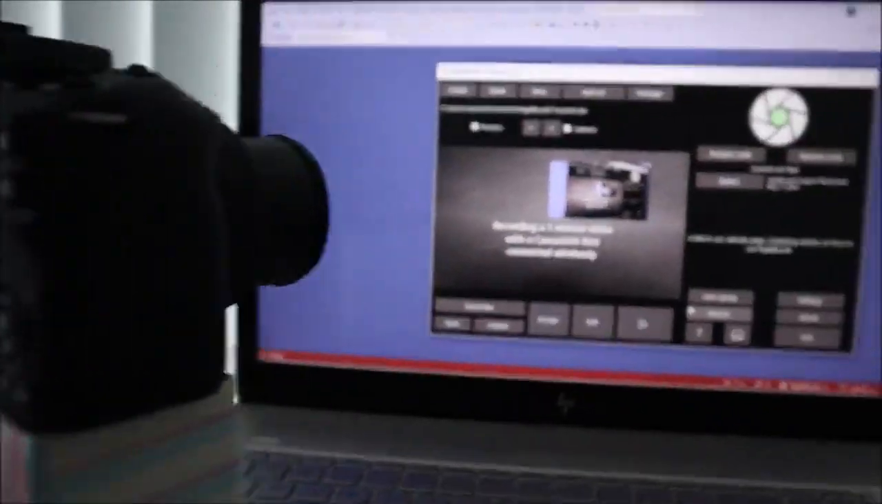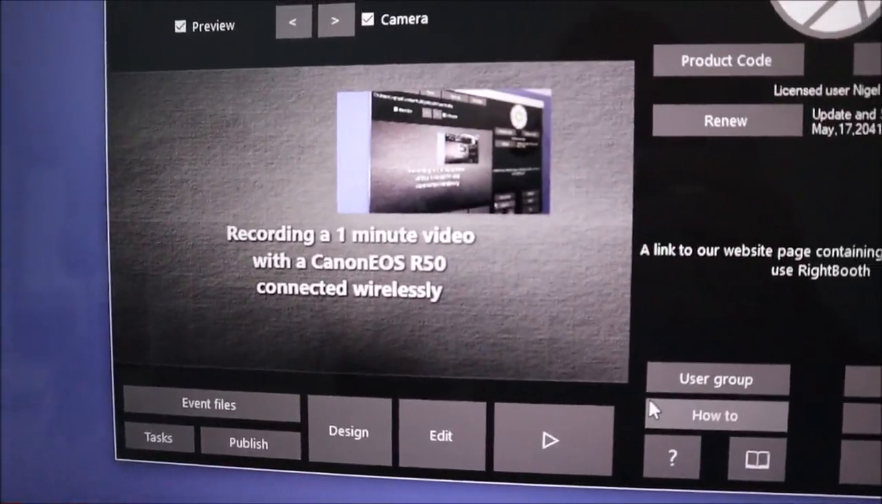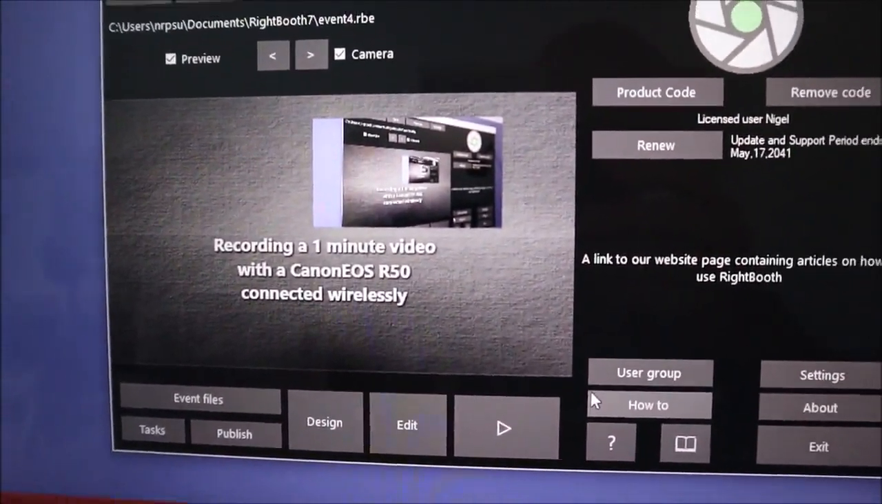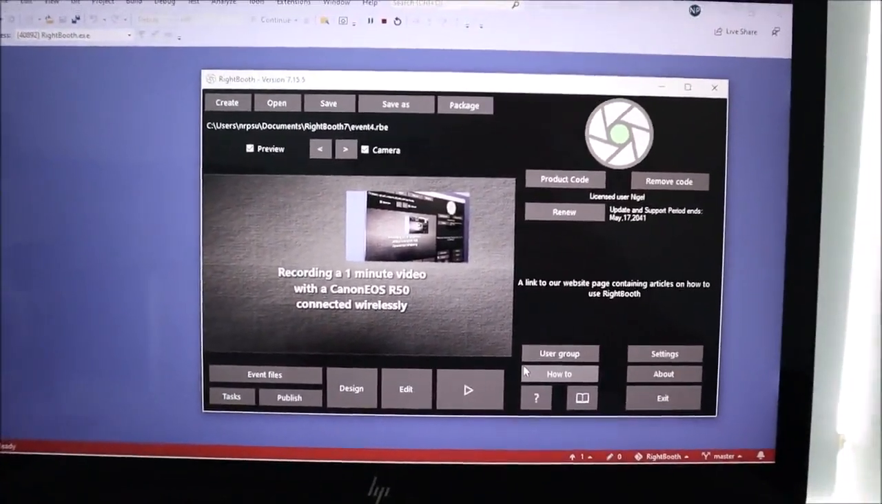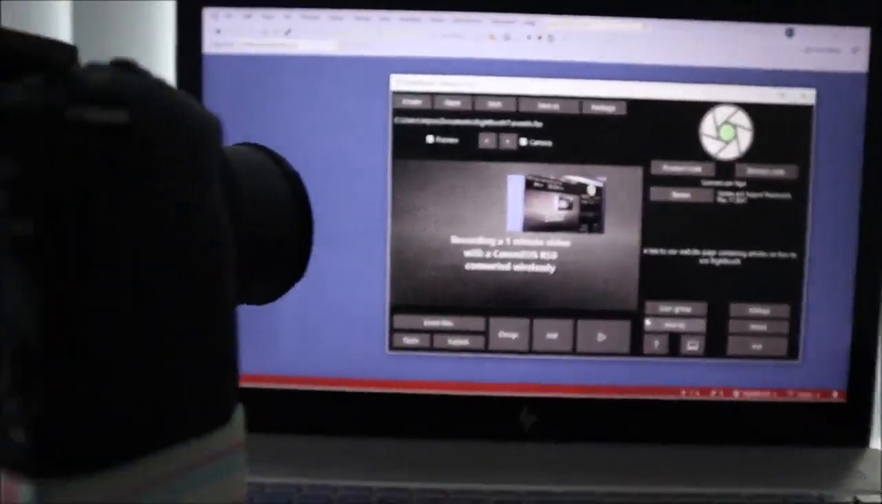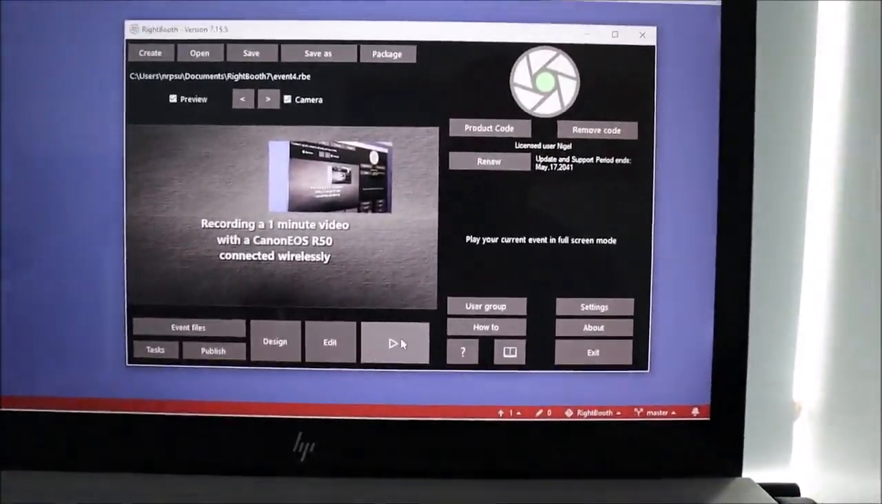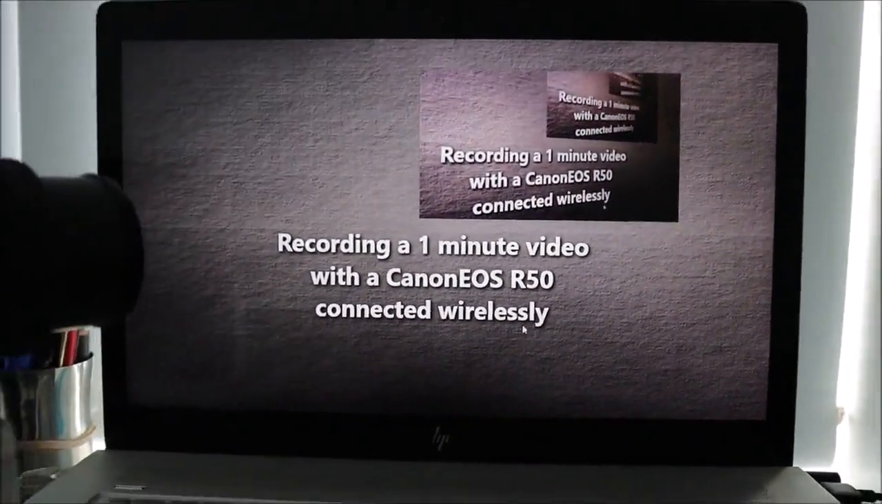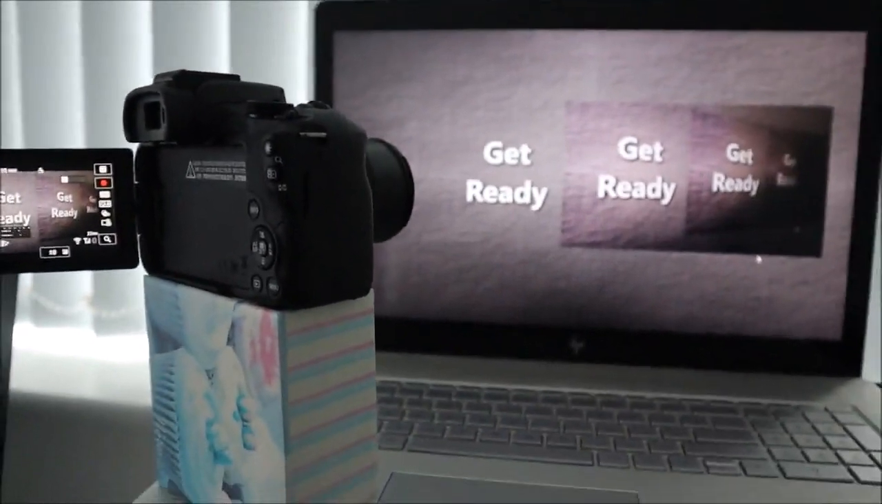Right, this time I'm only going to record 1 minute of video because the transfer time is quite a bit longer with wireless. You might get a better connection. My Wi-Fi connection is not brilliant in terms of speed here. But anyway, let's record a 1 minute video wirelessly. Click the play button, and it's exactly the same as before. I'm going to start the recording